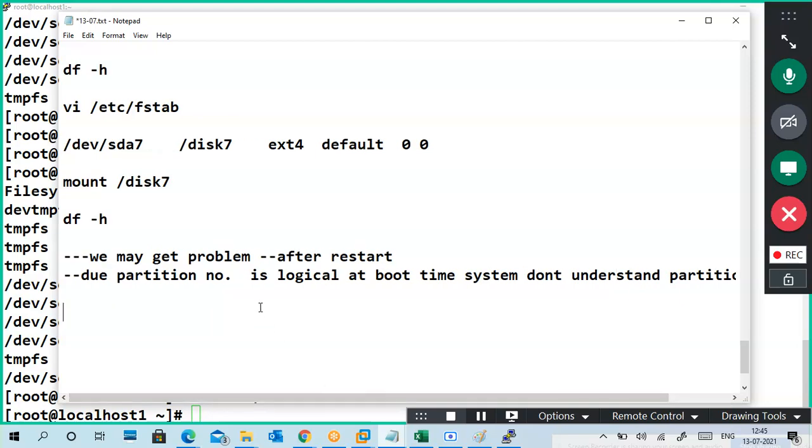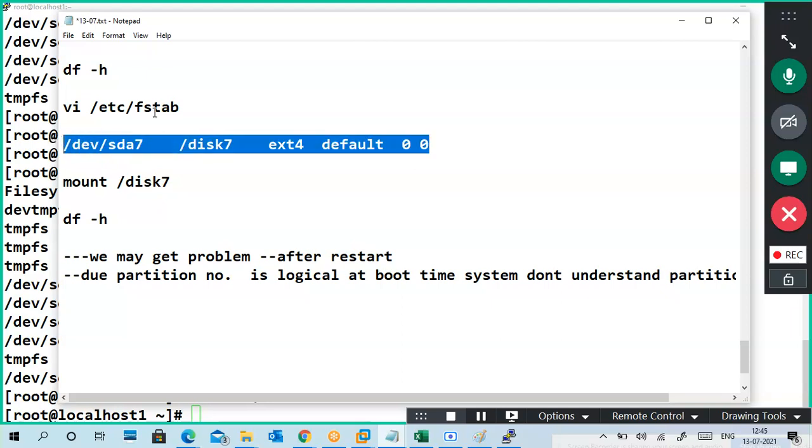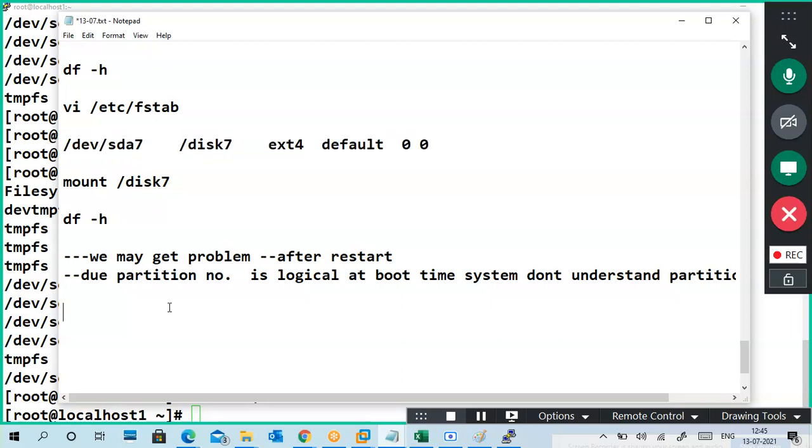So then it will give you an issue, and it is going to single user mode. Then we have to log in as root, remove this entry from the fstab, and reboot again. Normally this works. Okay. So how to avoid this situation?